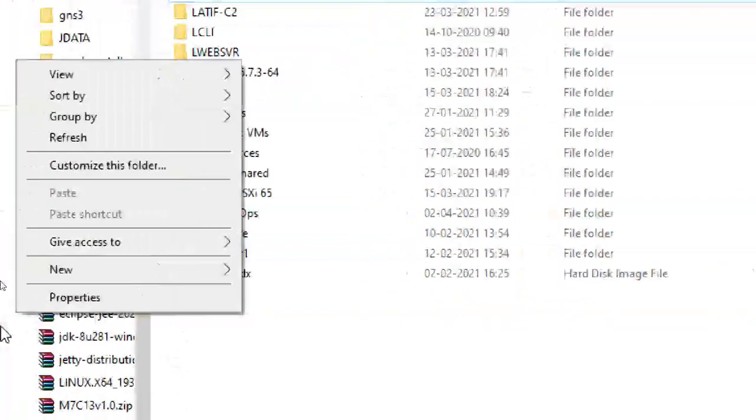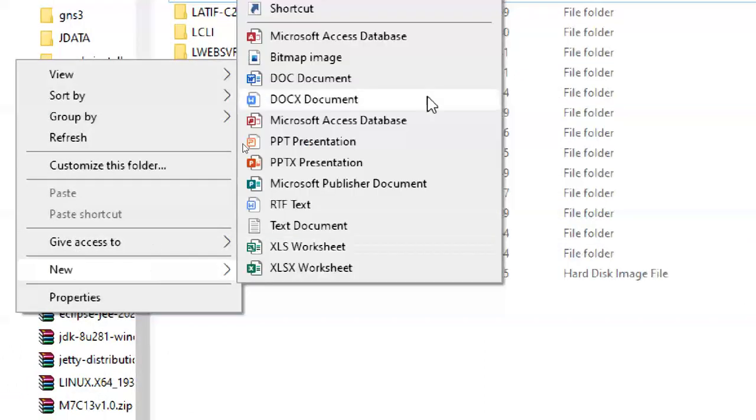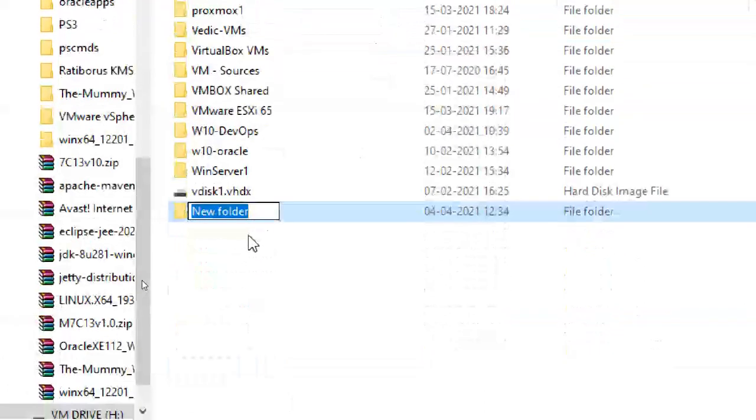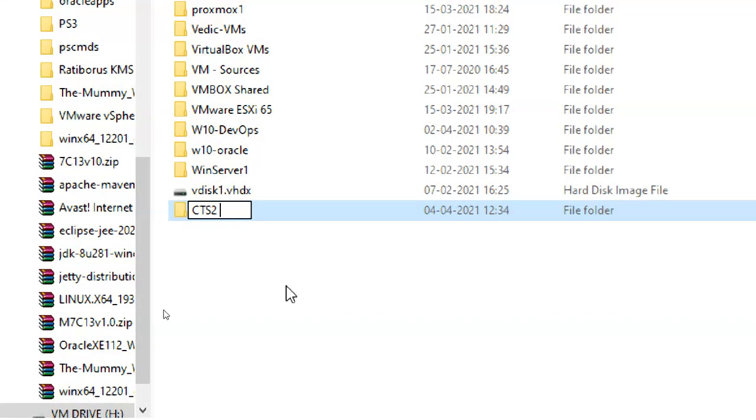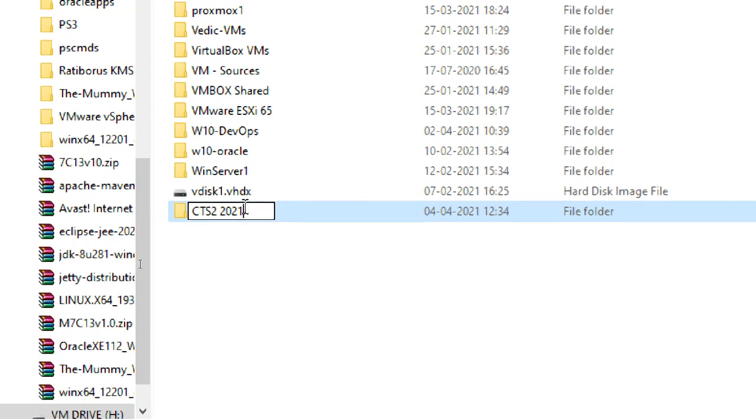I'm going to create a folder here. The new folder name is CTS2 2021 for all your classes. Till your class is completed, I use this folder. Inside this folder only, I will create the virtual machines. Okay, so this is my folder.